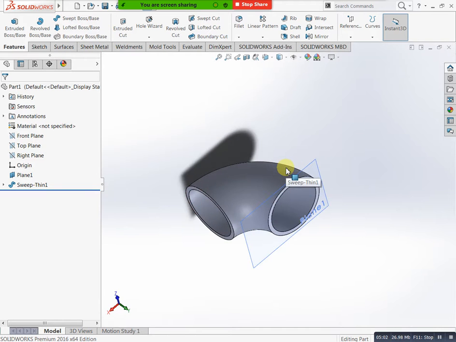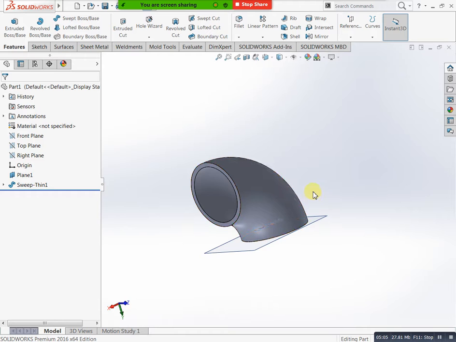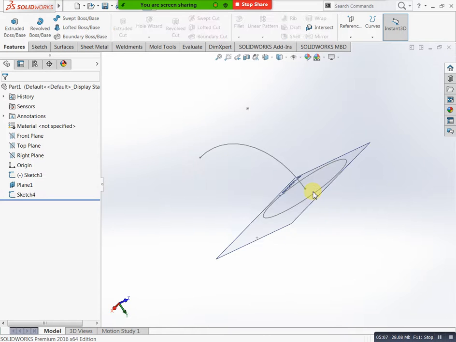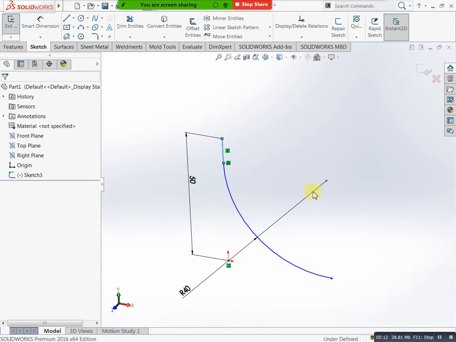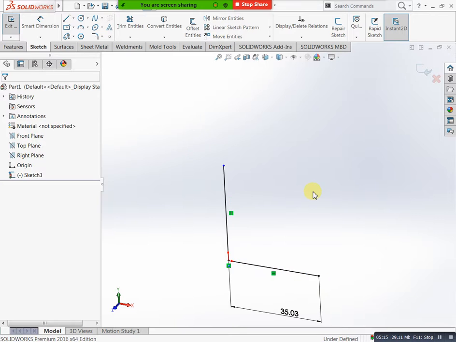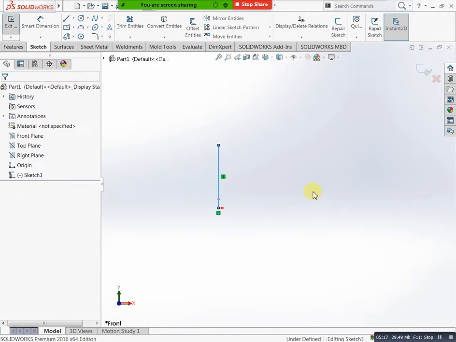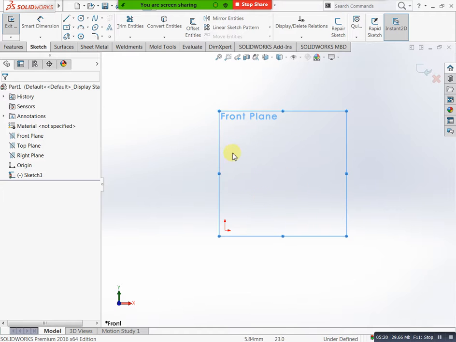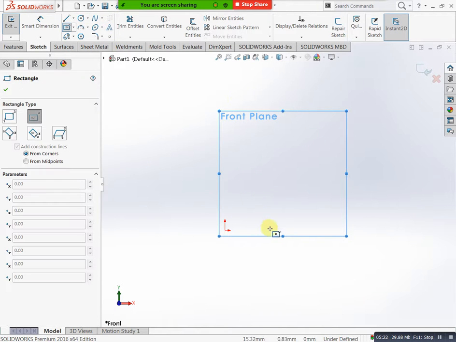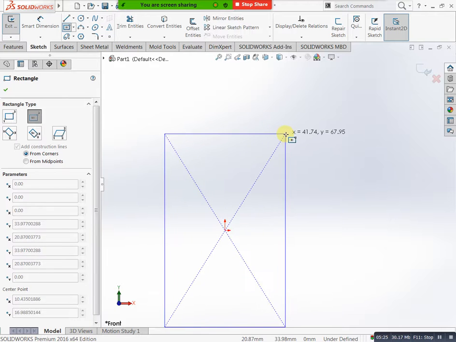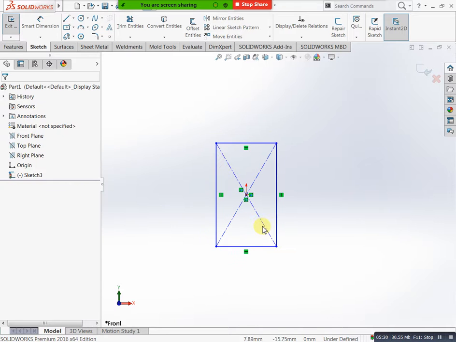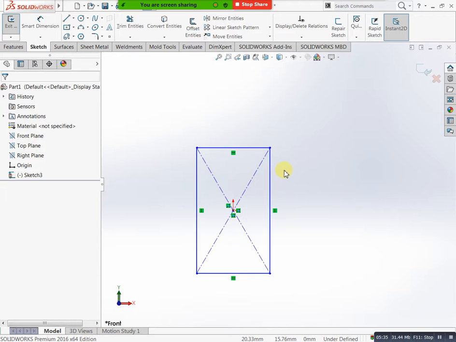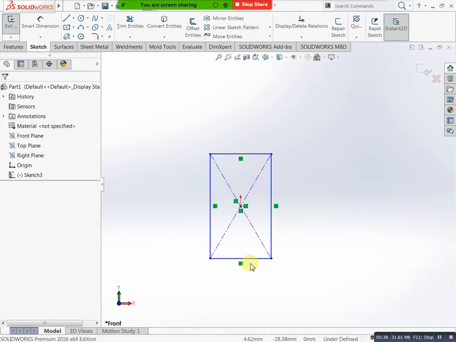Next, this is sweep with an open profile. In case I have a closed profile and I don't have an open profile, for example, now I need to create one window or one door frame. This is our door frame. Or I need to create one supporting stand. That stand has a different shape, not a square shape, not a circular shape. We have a different shape. How can we give that one? You can check once.